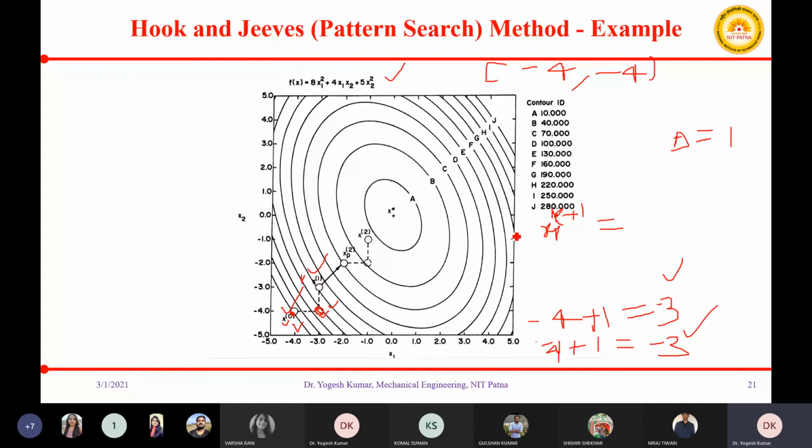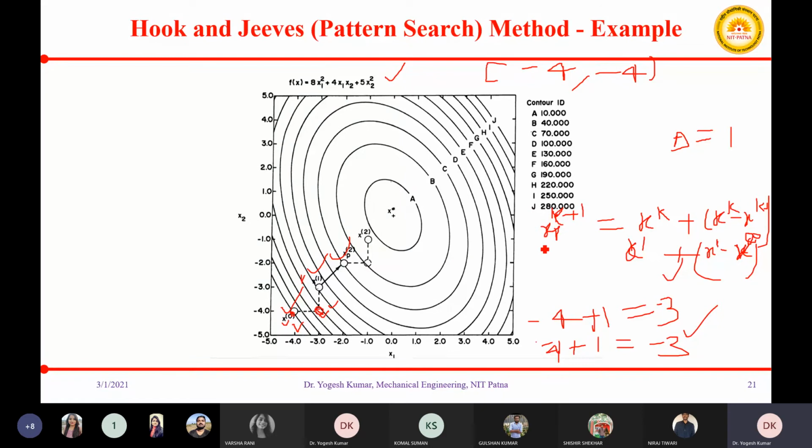Here we know x0 is 0 comma 0, this is x1. So x1 plus x1 minus x0 will be the point which you will get using your pattern move.